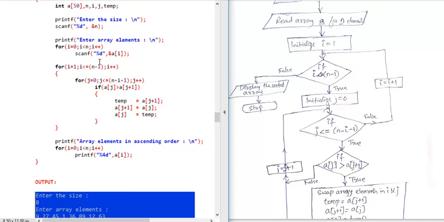If this condition is true, then it will do this part, otherwise it will come to this. If i is less than or equal to n minus 1, the answer is true, and it will come here.